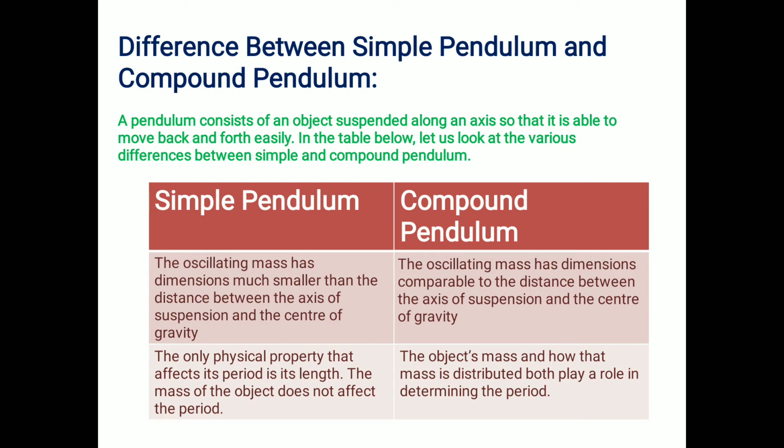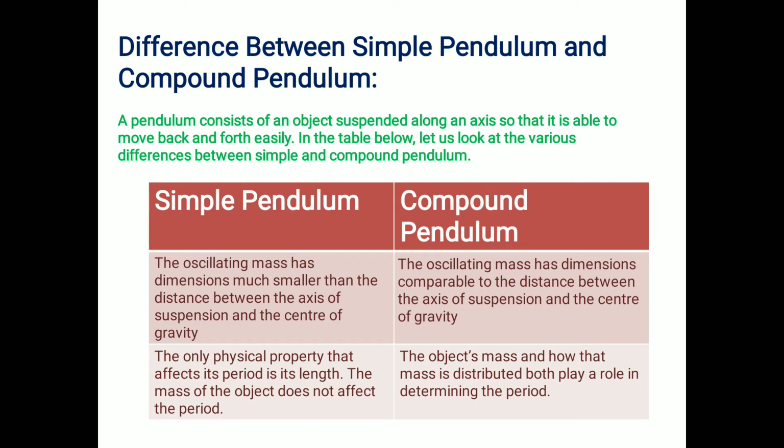So how it affects? If length of that string is larger, okay, means length of that simple pendulum is larger, then period of oscillation will also be larger, because time required to complete one revolution will be larger because length of the string is also larger, right? And if length of that simple pendulum is smaller, then period of oscillation will also be smaller, because time required to complete one revolution is also smaller, right? So like this, the length is the only one factor which affects period of oscillation of that simple pendulum.